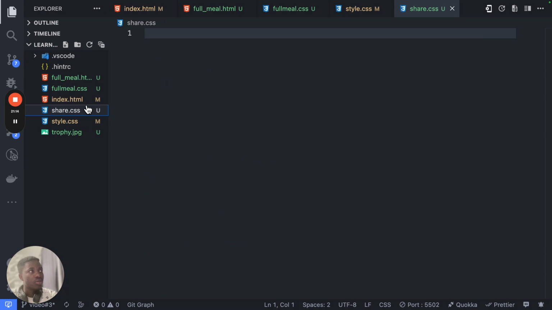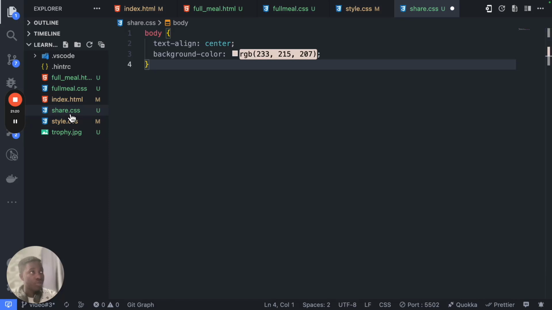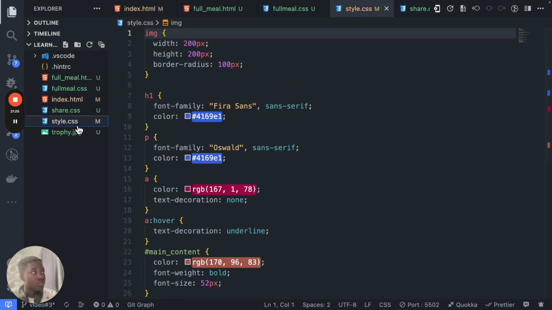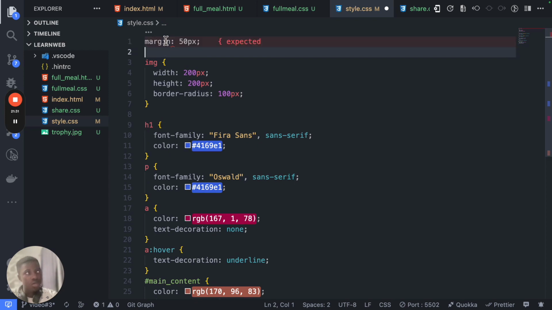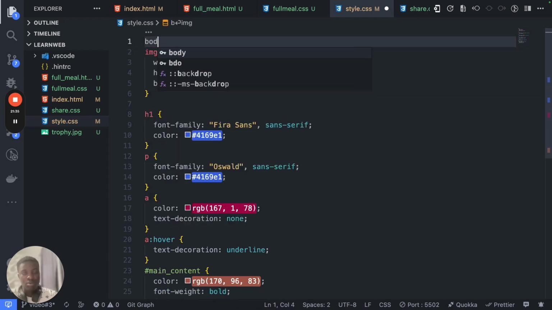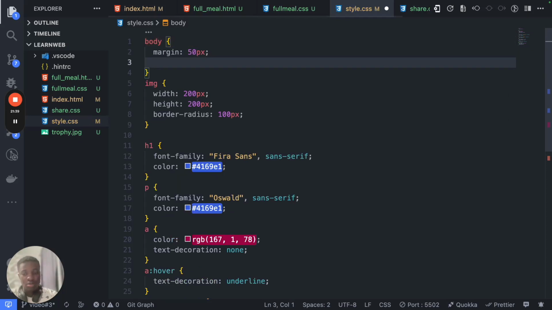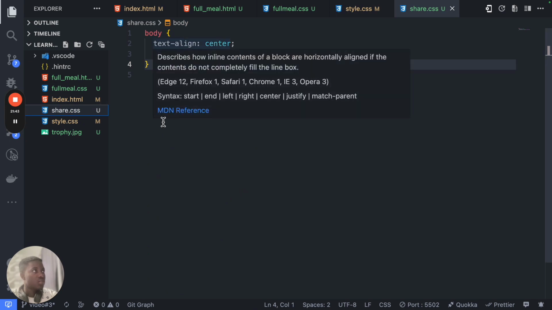We can cut this body and put it within here, but now the margin does not actually work for all of them. It works only for the index. So now in our index, we have style.css. Within our style.css, we're going to bring back our body here, and now we'll leave the margin. Since text and background color are already present in our share.css,